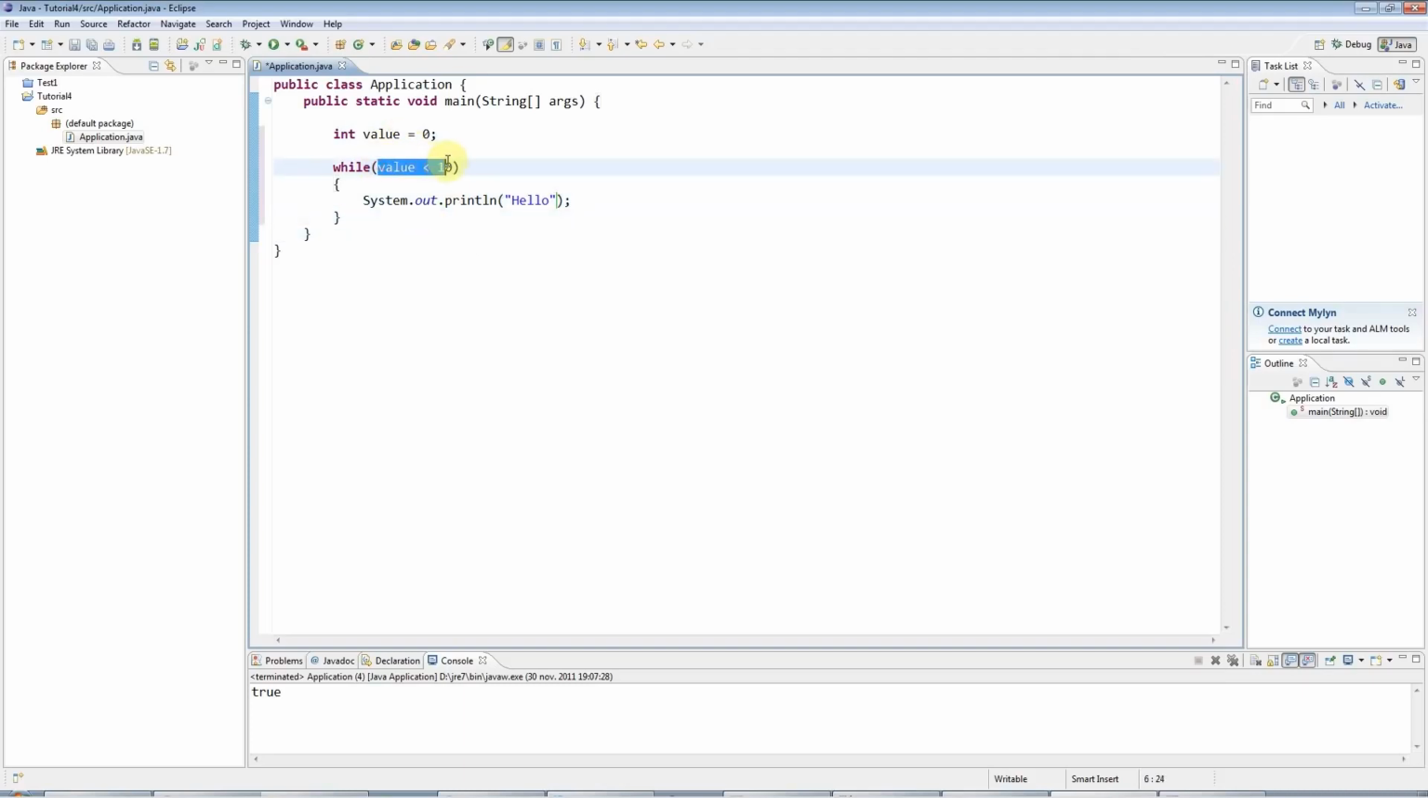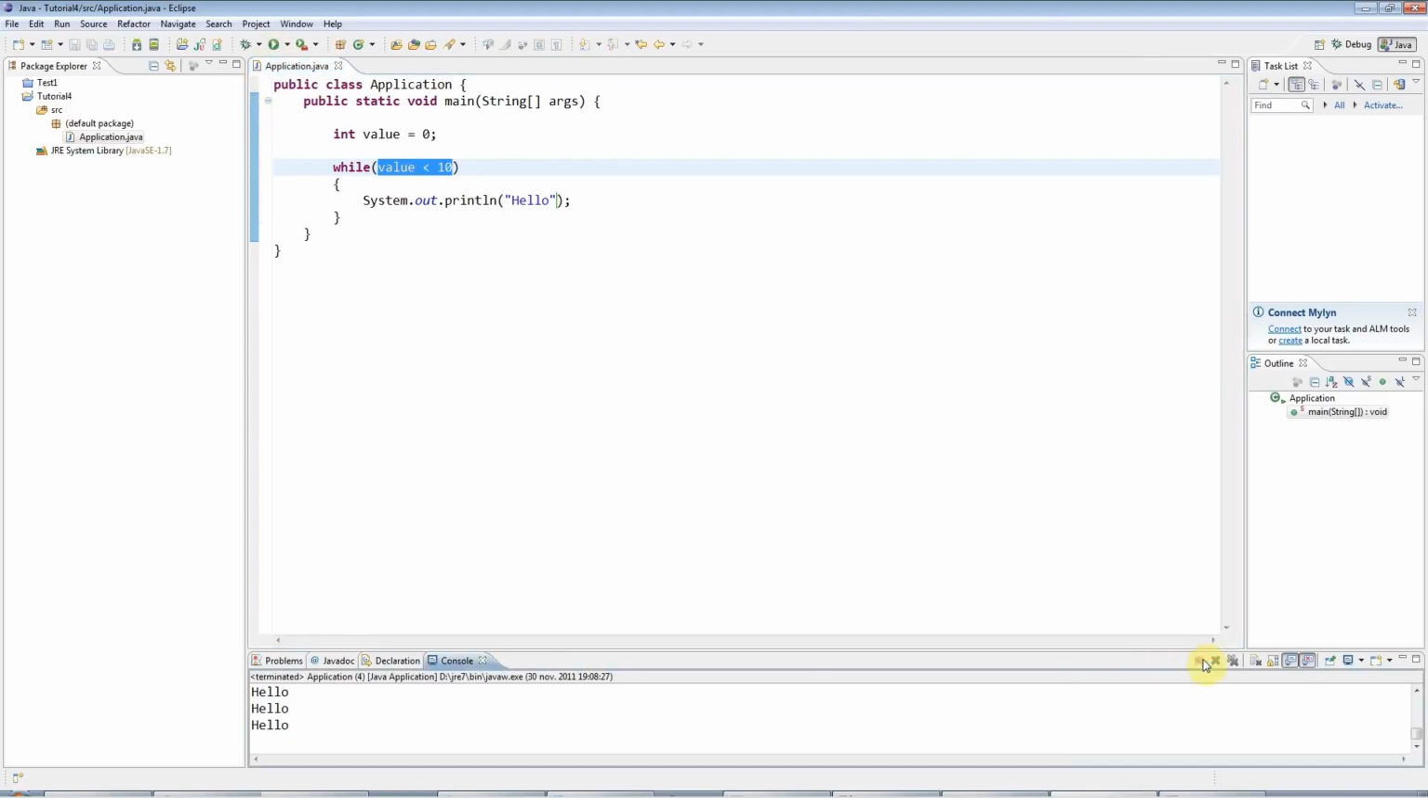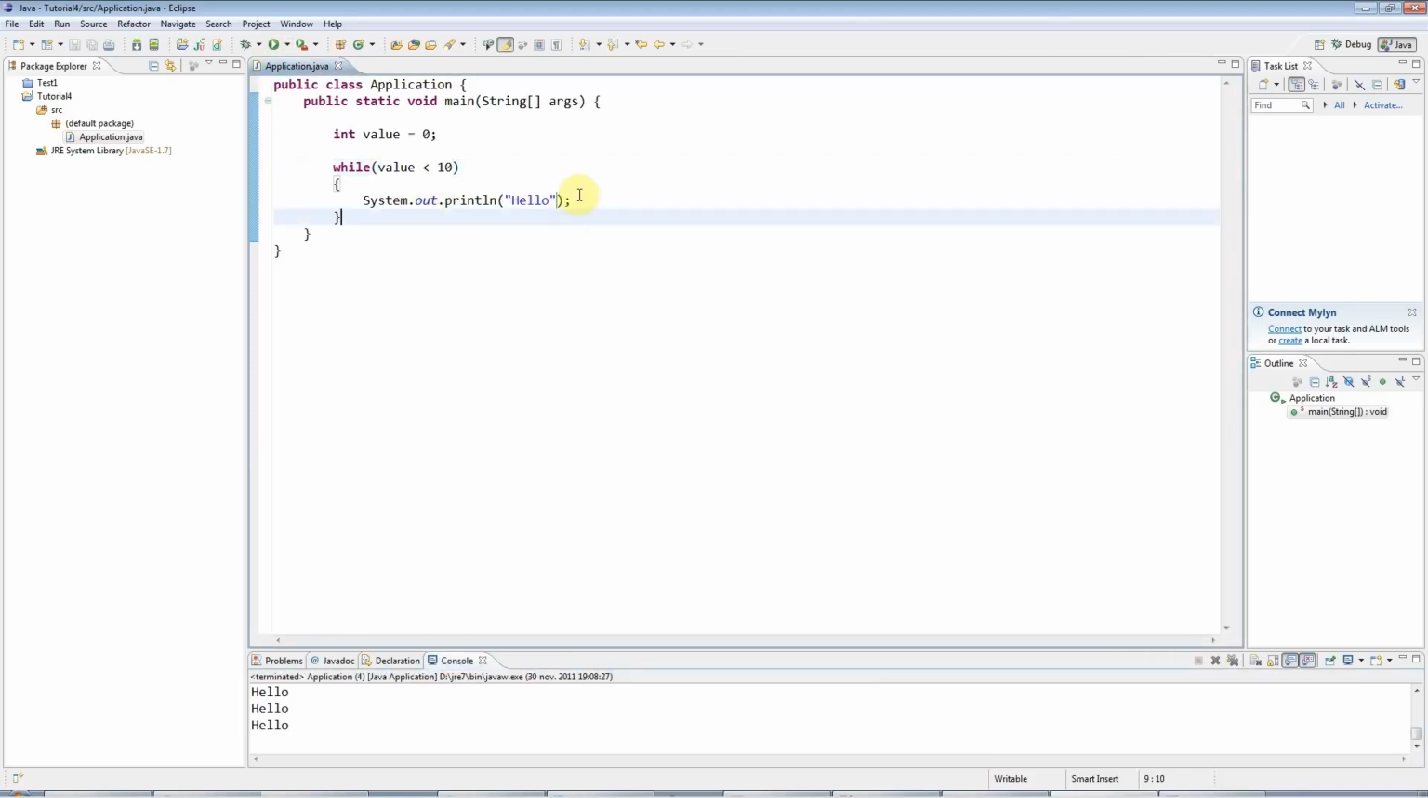And clearly this condition is always going to be true. Value will always be less than 10. So if I run this program, it's just an infinite loop. It never stops. But what I can do to make this more interesting is here I can say value equals value plus 1. What's happening is,